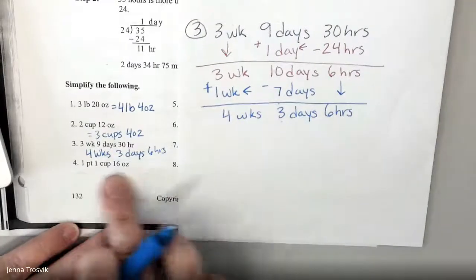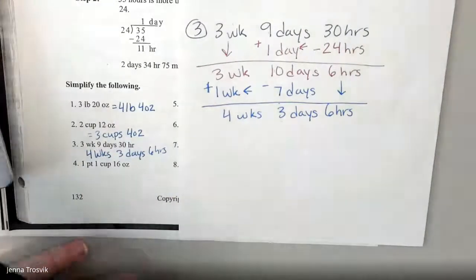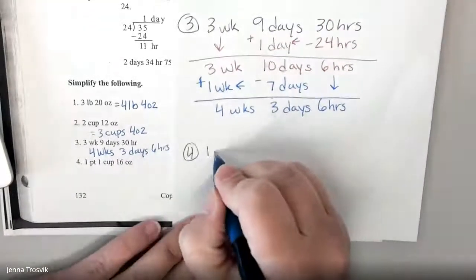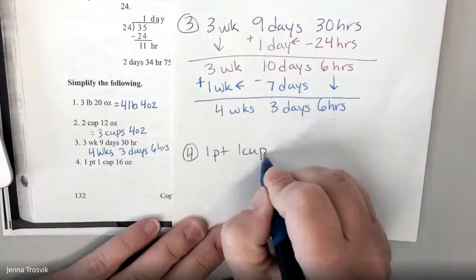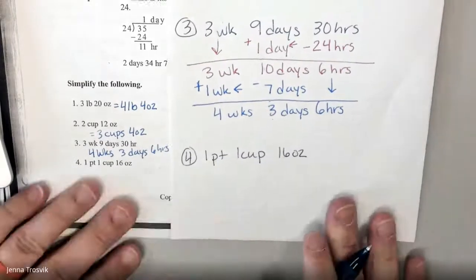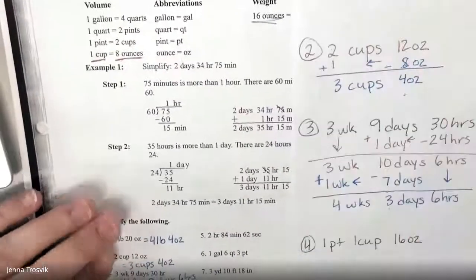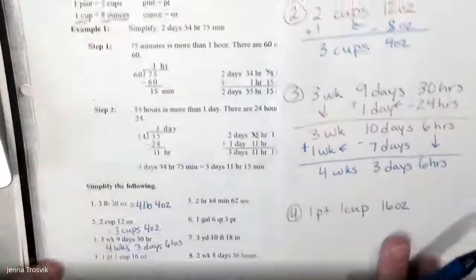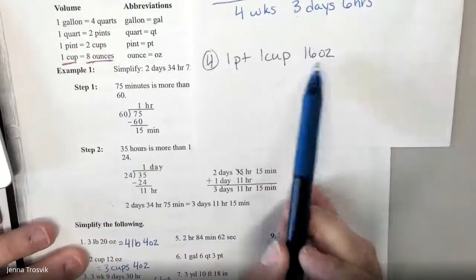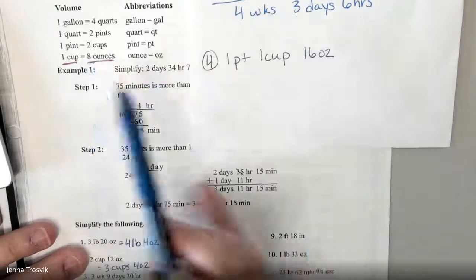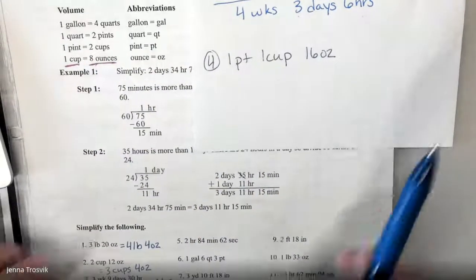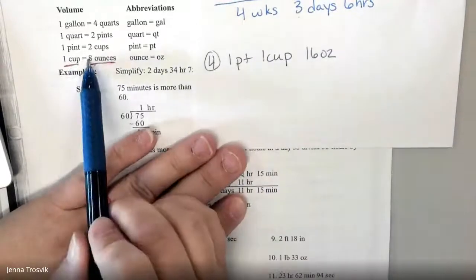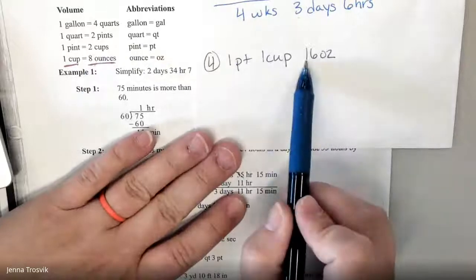All right, now we have a 3-step conversion again for number 4. So for number 4, similar. Number 4, we have 1 pint, 1 cup, and 16 ounces. If you go back up to the liquid conversion, we have 8 ounces per cup. So if you're looking at this, some of you know that 8 and 16 are related to each other, that 8 is a factor of 16,